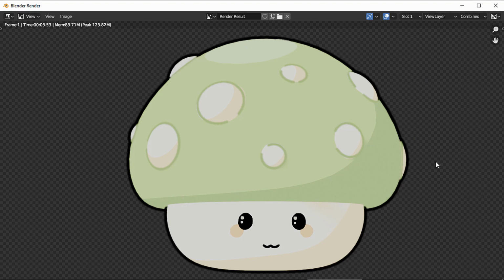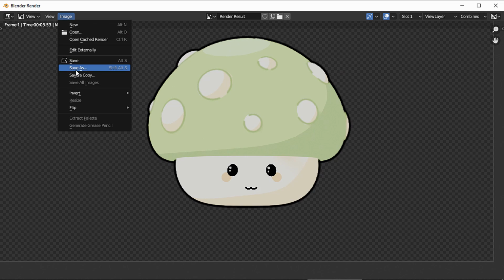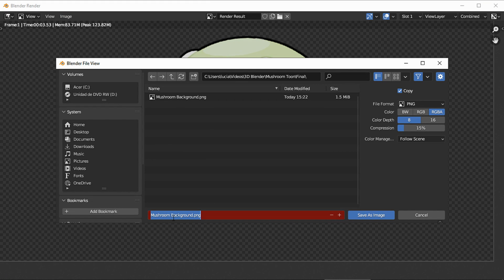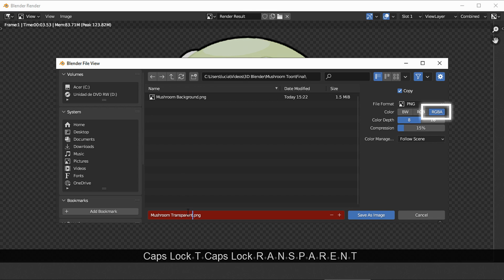And now everything seems correct. Save as. To keep the background transparent, save the image as a PNG with an alpha channel.